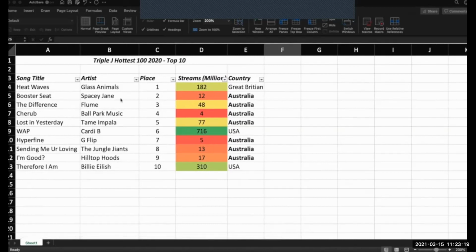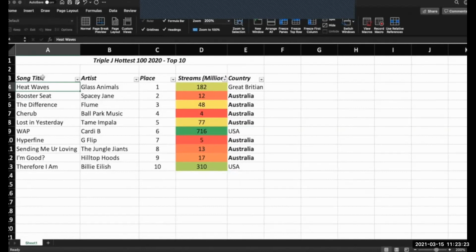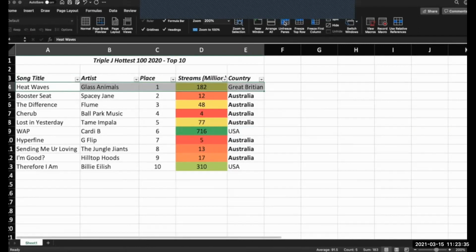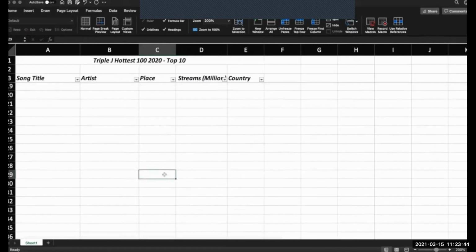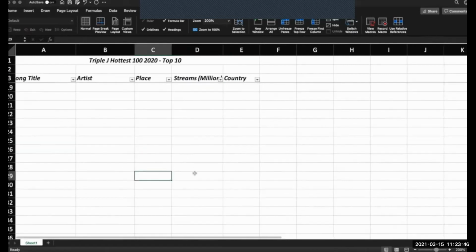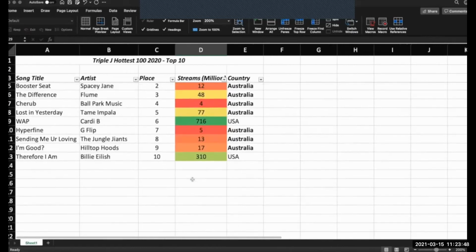So what you're going to do is you're going to highlight what you want frozen below. So for example, if I want this row frozen, I'm going to highlight this row. Okay, and then in the view ribbon on your Excel, I am going to click freeze panes. So then that puts a line above what I've selected, and now when I scroll, it is always there. So I can see what this place would be, what this number of streams would be, etc. Okay,